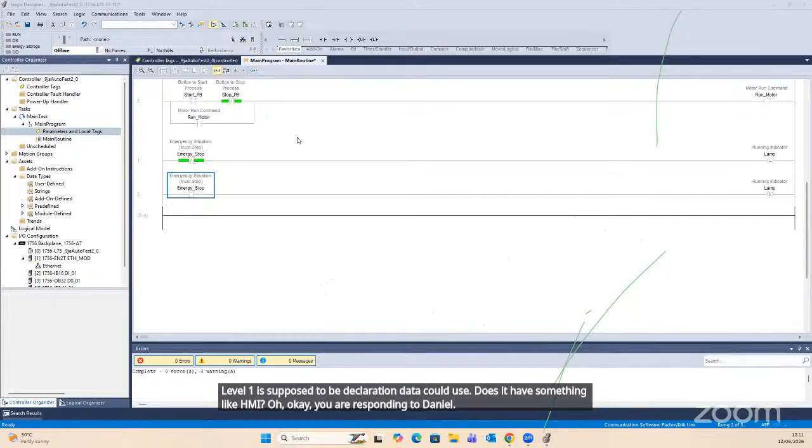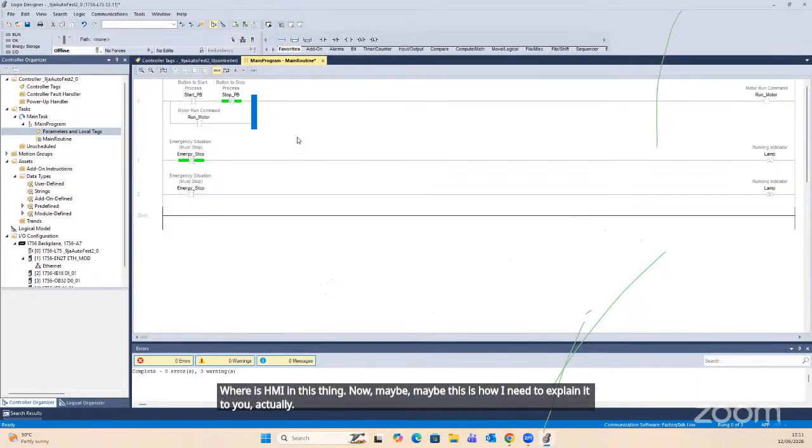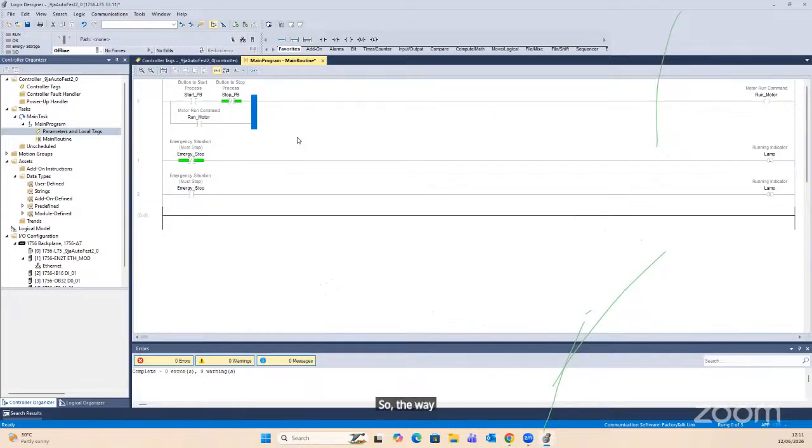Of course, there is HMI in this thing. Now, maybe this is how I need to explain it to you, actually. So the way TIA Portal is built, you have a section where you can do add new device. So in a single project, in TIA Portal,